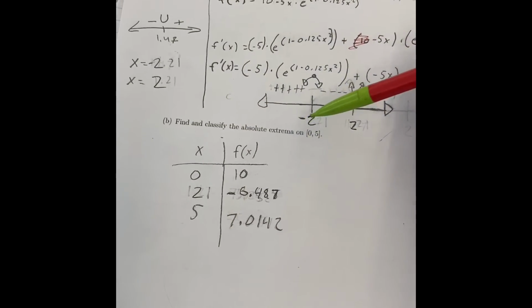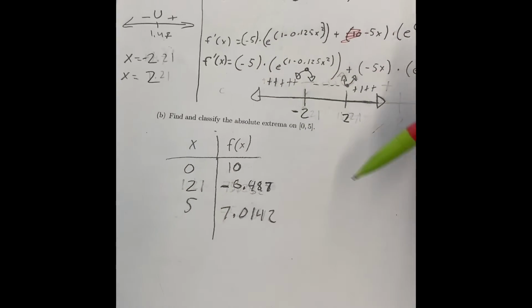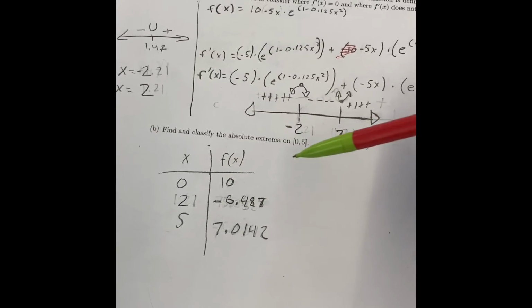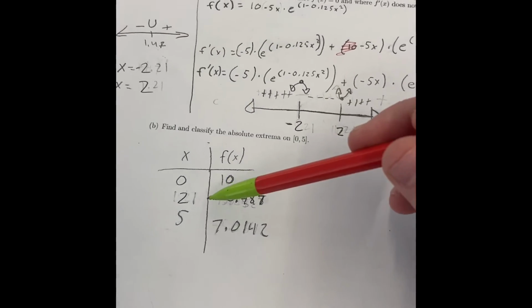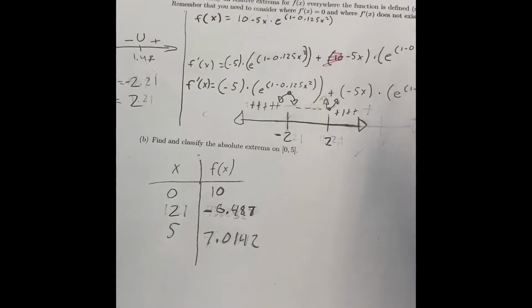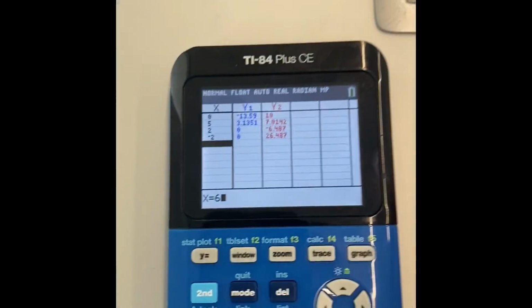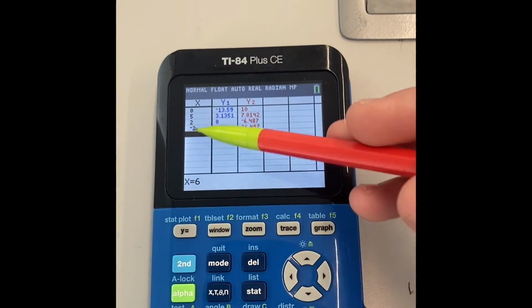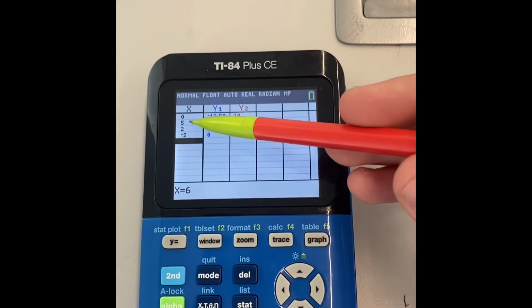And for part B, classify the absolute extrema on 0 and 5. So 0 and 10 is my absolute max, and 2 and negative 6.487 is my absolute min. I took my graph and hit second graph and it turned into a table, and I just put in my critical points, and